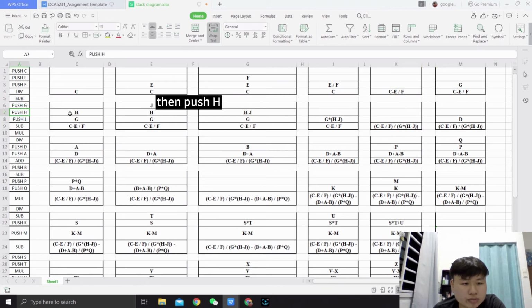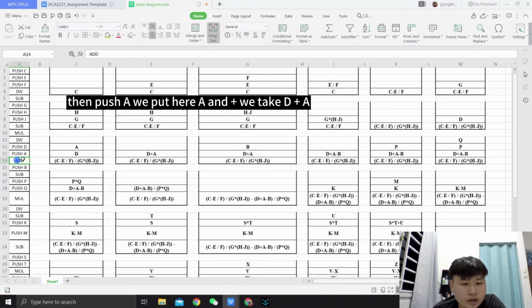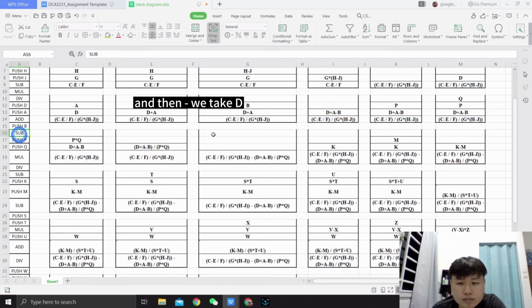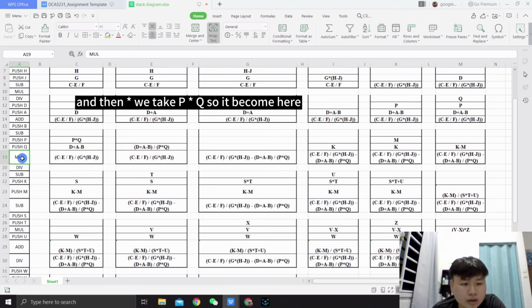G, we put, then push hash, we put here hash, and then push J, we put here J, and then subtract, we take hash subtract J, and then multiply, we take G multiply hash subtract J, and then divide, we take C subtract E divide F, then we divide G multiply hash subtract J, and then push D, put here D, then push A, we put here A, and then add, we take D add A, and then push B, we put here B, and then subtract, we take D add A subtract B, and then push P, we put here P, push Q, put here Q, and then multiply, we take P multiply Q, so it becomes here this one,